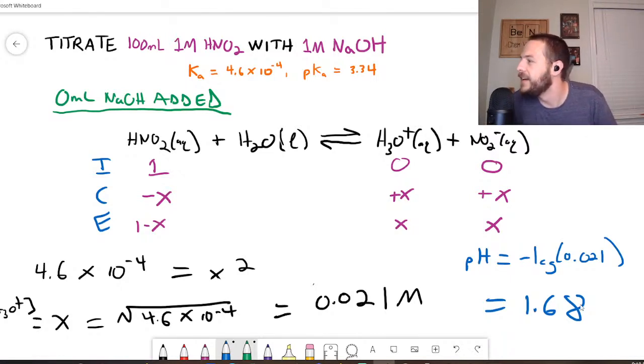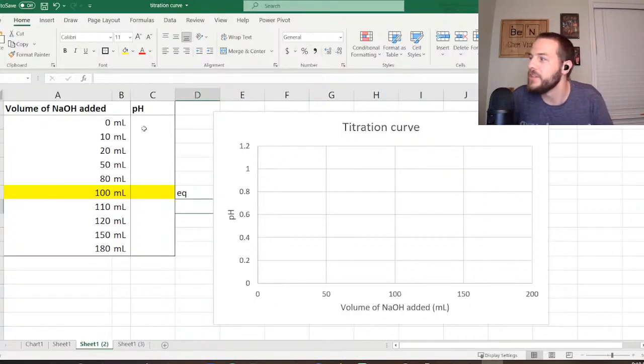1.68. Not quite 5, but close enough. All right. So it's 1.68. So what I'm going to do is head back into my Excel spreadsheet here,